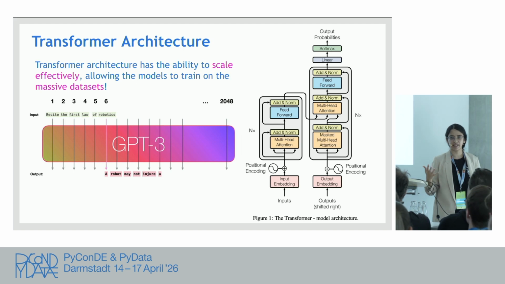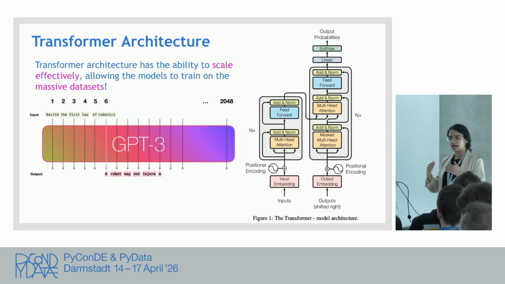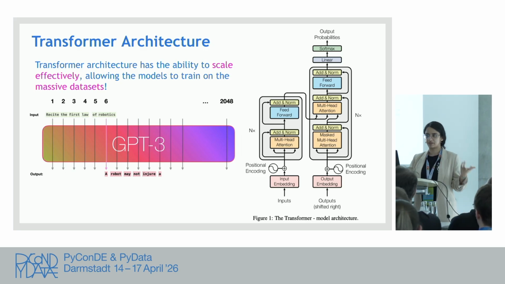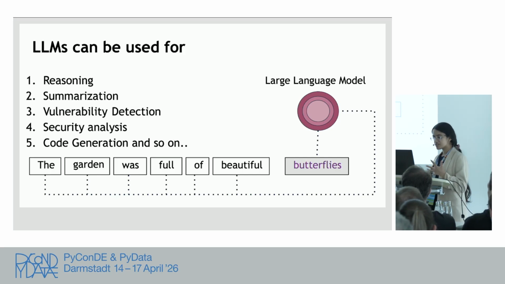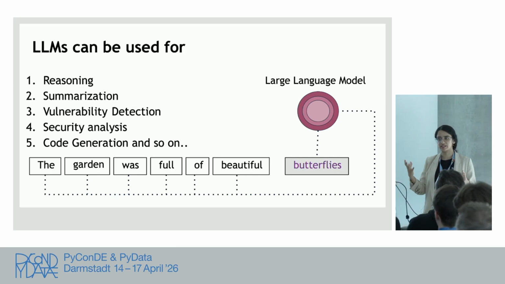The basic building block behind all these LLMs is the transformer model, where you have a stack of encoders and decoders, and then it gives you the response based upon the input data that we provide to it. Different use cases around it include code generation, which we all use with Claude and so on and so forth.